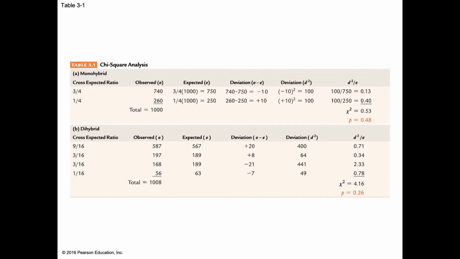This is our parental generation. Our F1 is all heterozygotes. They are all purple. And so we're going to set up our experiment to cross the F1. And of course, if we set up our Punnett square, this will give us our expected.